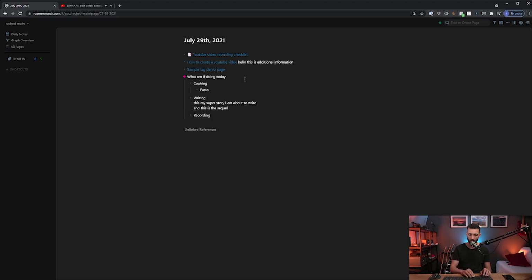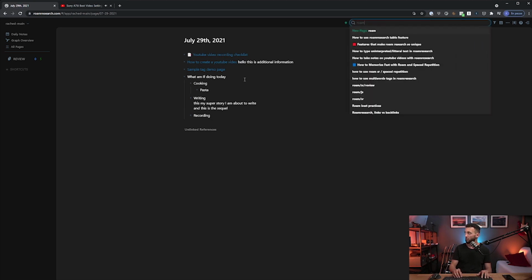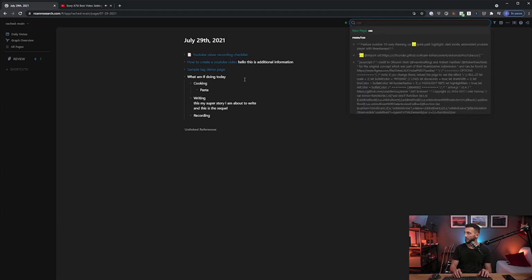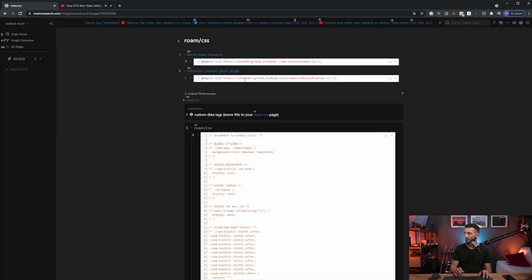Now, how is it done? Super simple. You just look for the CSS page, or if there is none, you create a new one. Then you type the name of the CSS block or the theme that you want to add to your Roam Research, and under a bullet beneath it, you just enter the CSS code. And this code will be automatically